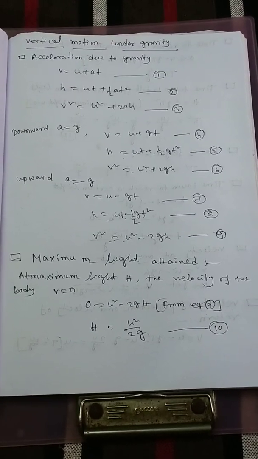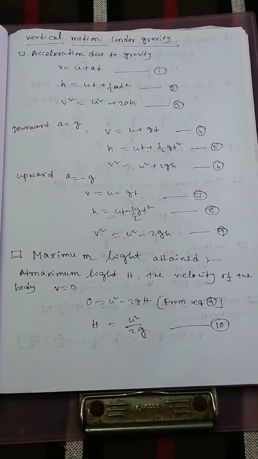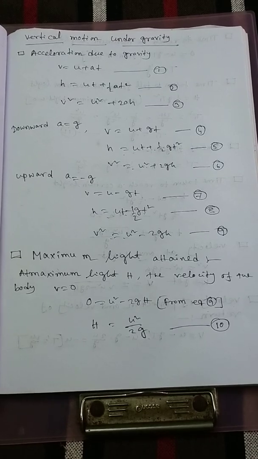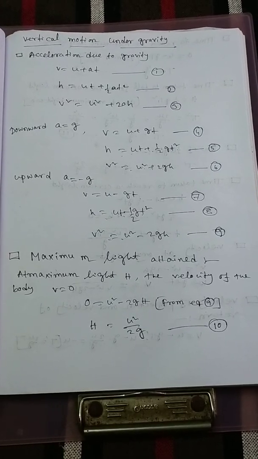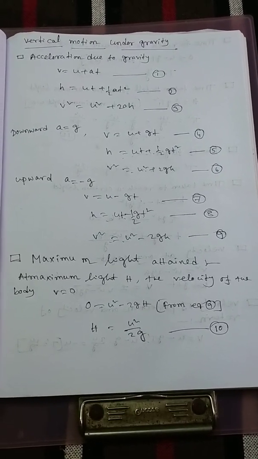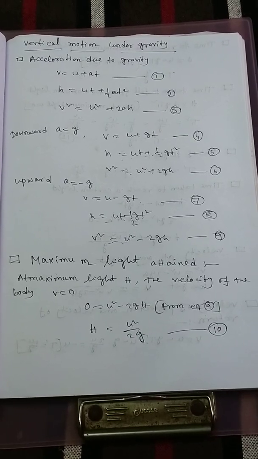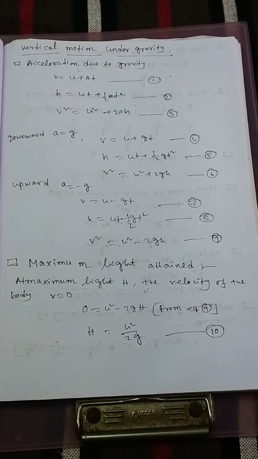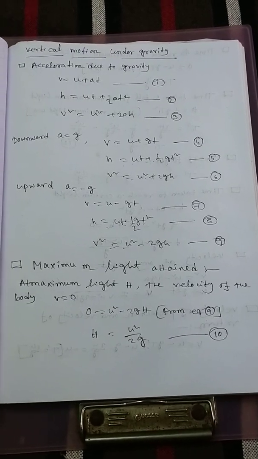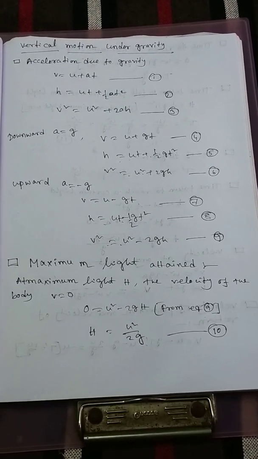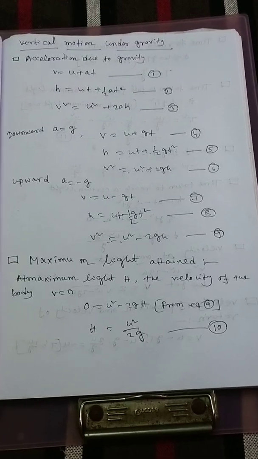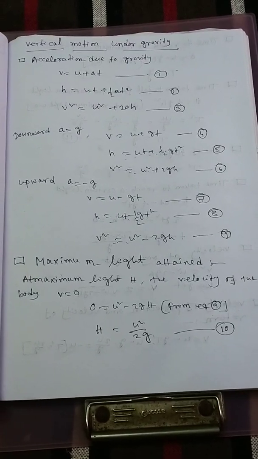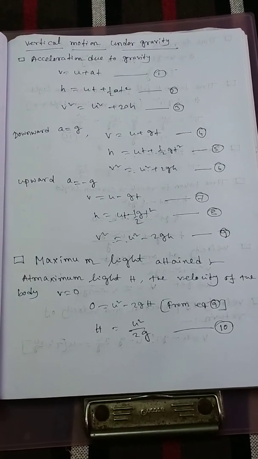Again, when an object is thrown vertically upward from the ground, it moves up with a deceleration. An upward deceleration is equivalent to a downward acceleration. Actually, the acceleration is always downward and its magnitude is the same for both downward and upward